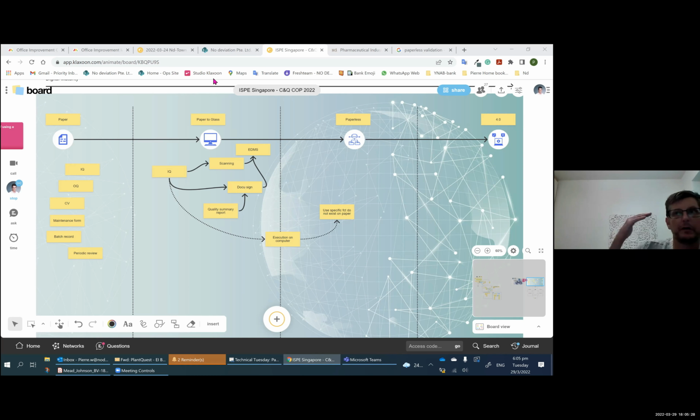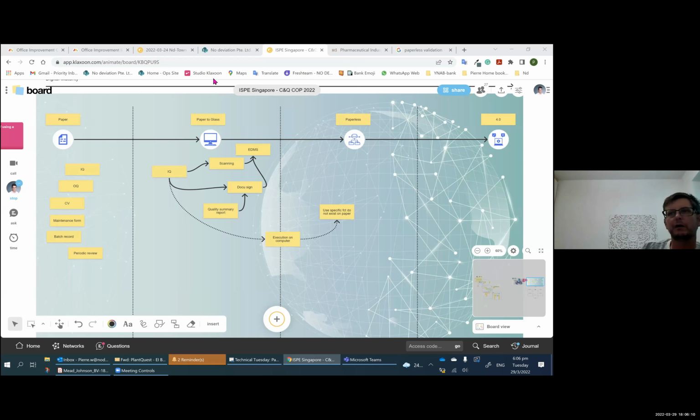So in the future, ideally, as soon as you have a user requirement, associated with that user requirement will come a test, right? The way we do things today is, on one hand, you have an engineer that writes the user requirement, and on the other hand, you have an engineer that writes the IQ-OQ, and it's not the same engineer, and the guy who writes the URS doesn't know what the IOQ guy has written. It's a bit of nonsense because ideally it's like a Lego block, right? When I take the Lego block of the URS, I should automatically have a list of Lego blocks for my IQ-OQ PQ, right? That come together, that help the user to make the decision.